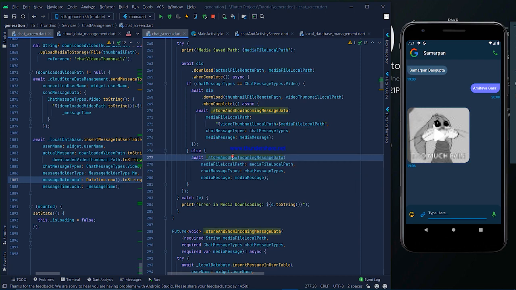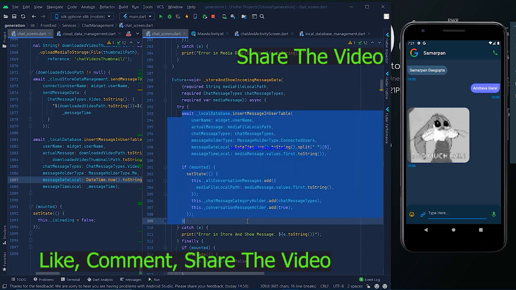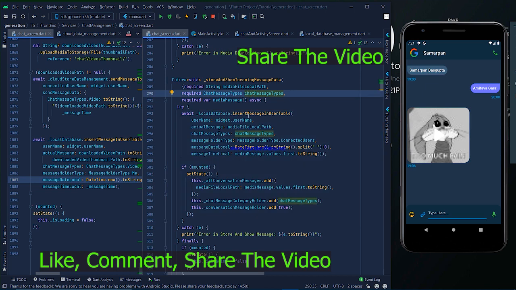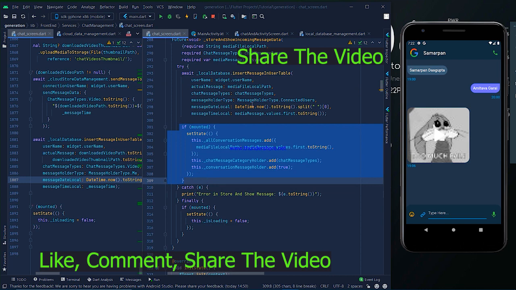So let's come here to that method. In that method you can see all the things from the previous video, but I explain again. We insert the data in the local database, and here we provide the media file path as the actual message value, and provide the chat message as well, and then we add that incoming video file to our chat UI.